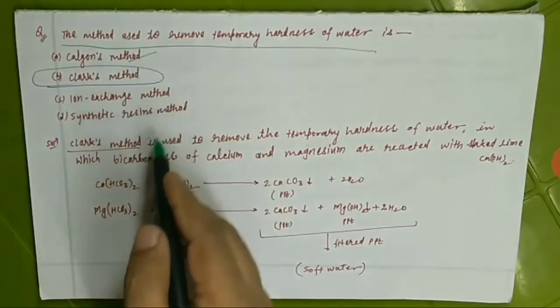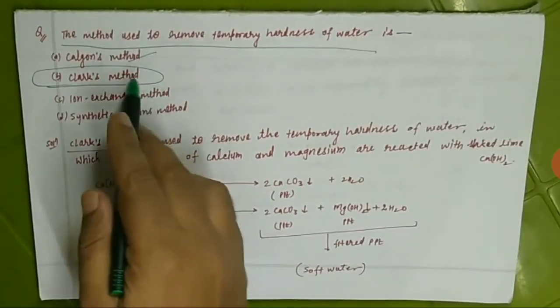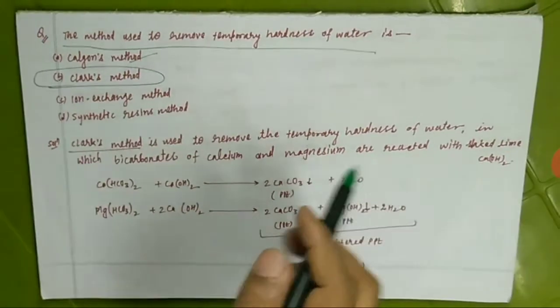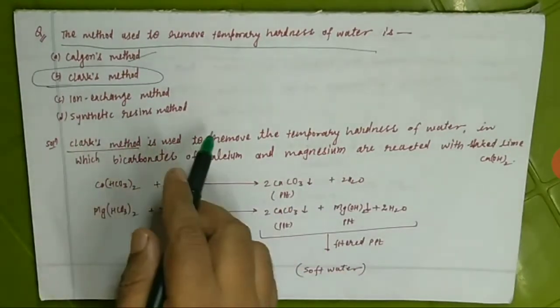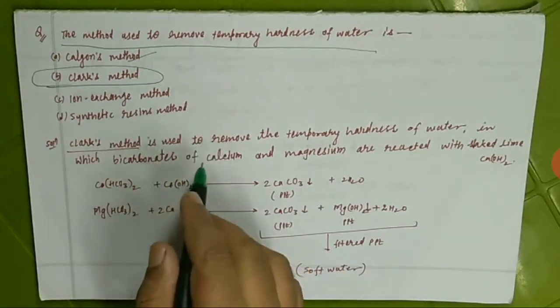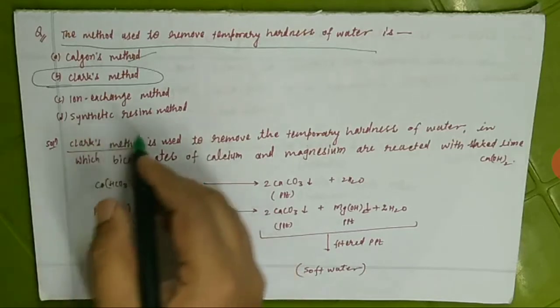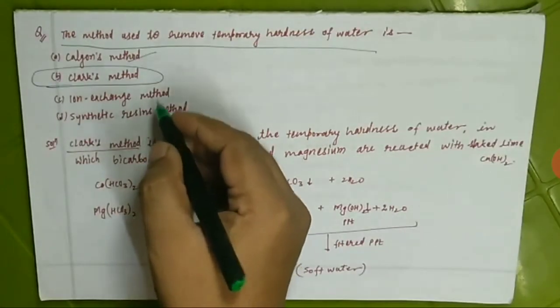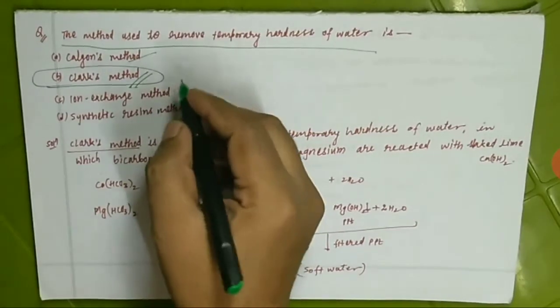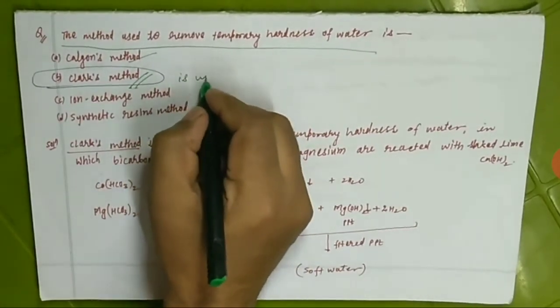The Calgon method is used for removing the permanent hardness. The ion exchanger and synthetic resin methods are also used to remove the permanent hardness of water. So which is our correct answer? That is, the Clark method is used to